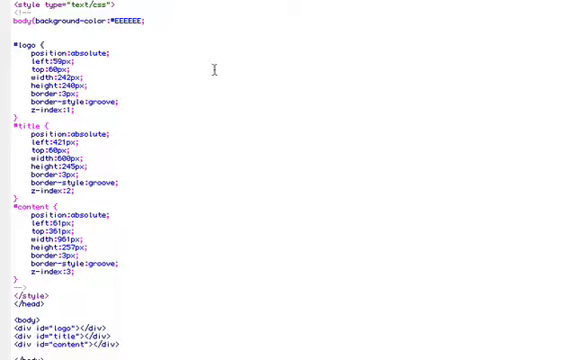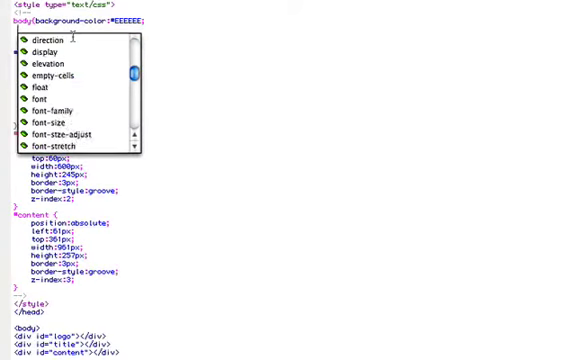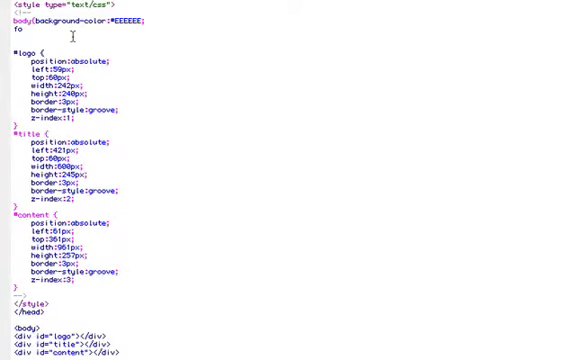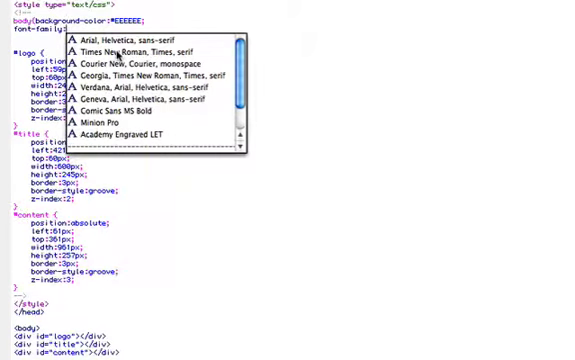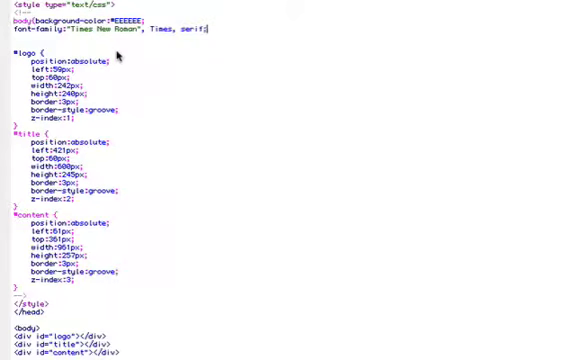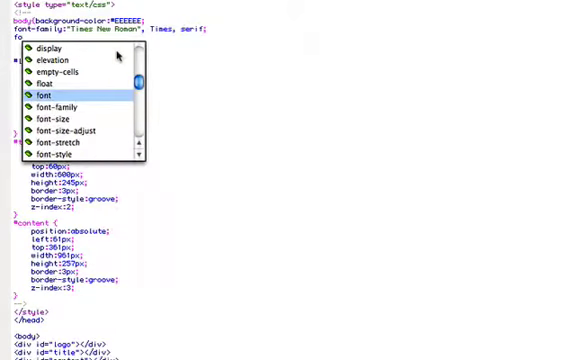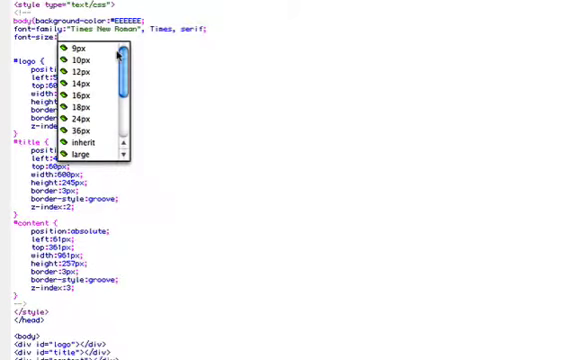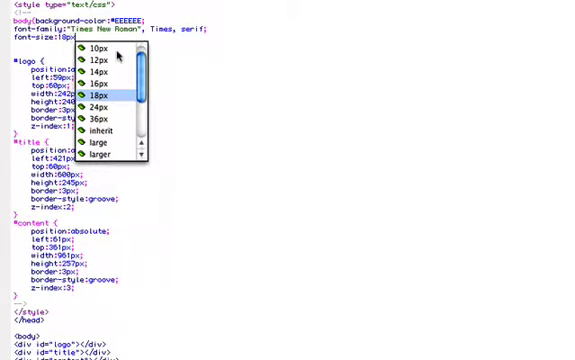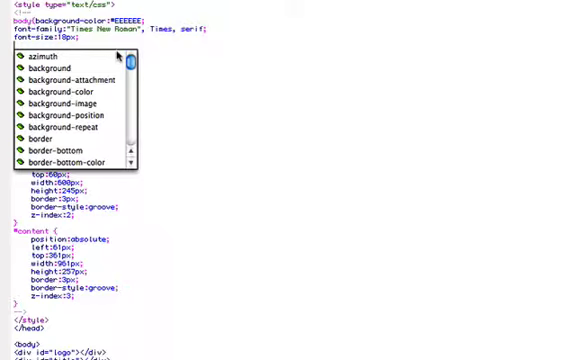And we said that colors are RGB, for red, green, blue. So I have 3 sets of 2, and it's in hexadecimal, and that's why it is the way it is. But all right, now I'm going to put in the font family, and I'm going to do Times New Roman, and I'm going to do font size as 18 pixel. All right, and that just sets up